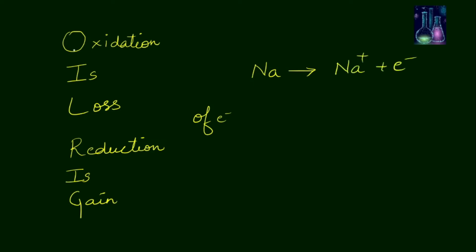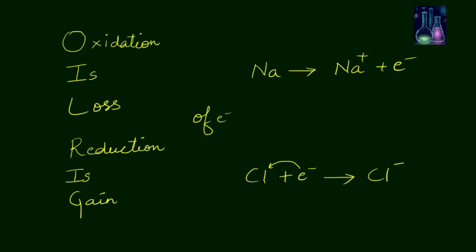So it is undergoing oxidation, loss of electron, and chlorine atom accepting an electron, that is reduction, converting into chloride ion. So it is gaining electron, therefore it is reduction. So here there are many examples of oxidation and reduction reaction in terms of electron transfer. We'll be dealing with that in a few upcoming slides.